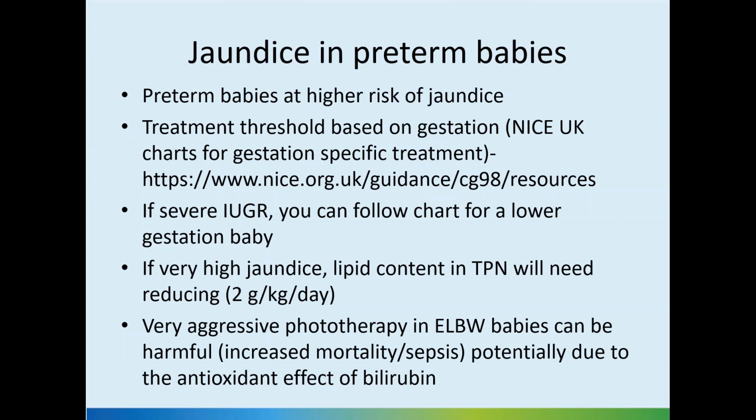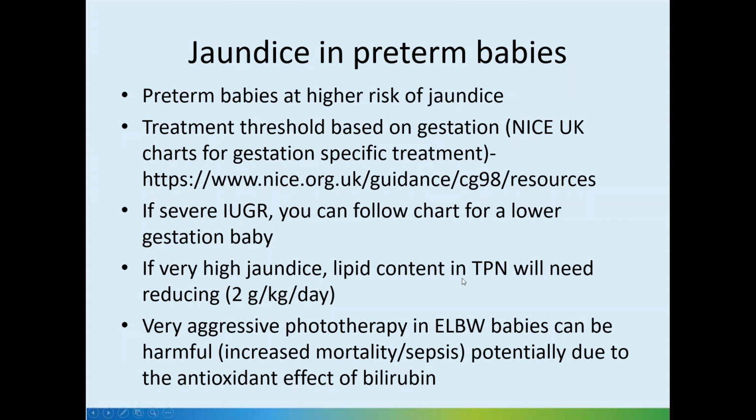In my unit, we follow this: if a baby is, say, 1 kilo at 30 weeks of gestation, the 1 kilo is the average weight around 27, 28 weeks. In that case, we follow a 27 or 28 week chart. As the baby becomes older by every week, we can progress with the chart as well. So if the jaundice continues and the baby is 10 days old, we can go on to a 1 week older chart.